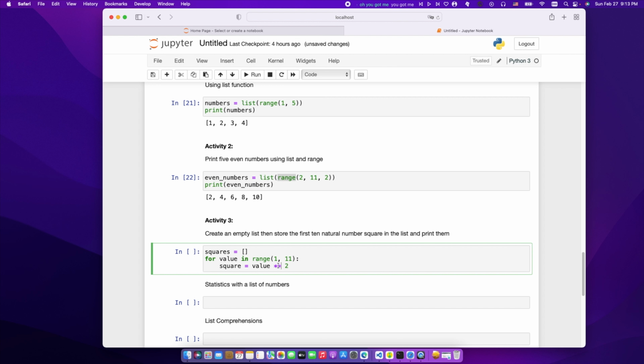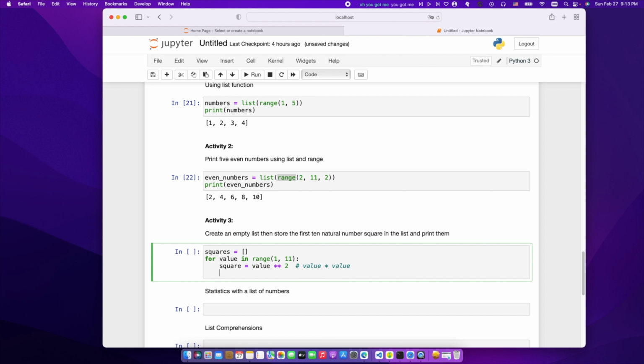This indicates the power, the same thing as value times value. If there are 2 asterisks, that means a power. Then we say squares dot append square. If I print the squares,